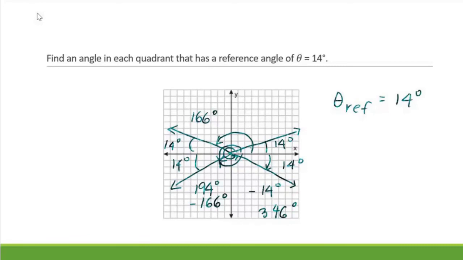So be careful. The reference angle is always up or down from the x-axis, never from the y-axis. So we're always adding or subtracting from 180 degrees or 360 degrees, or 0. Never from the 90 degrees positive y-axis or 270 degrees negative